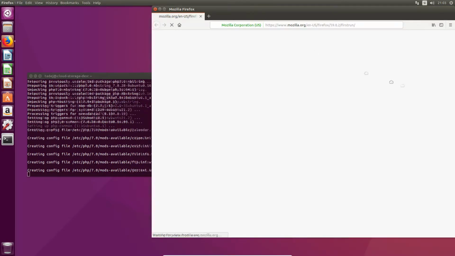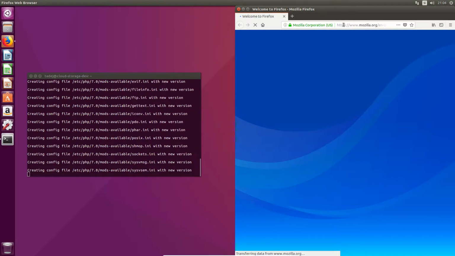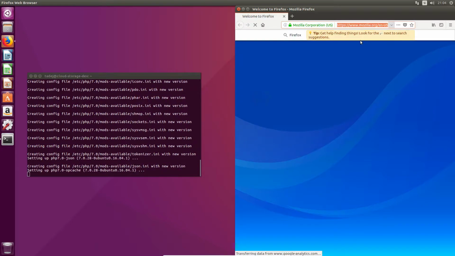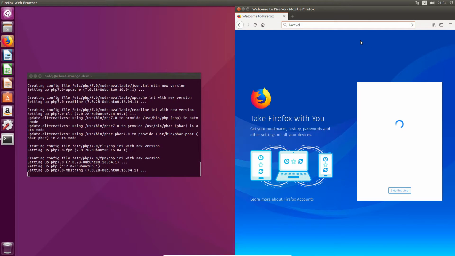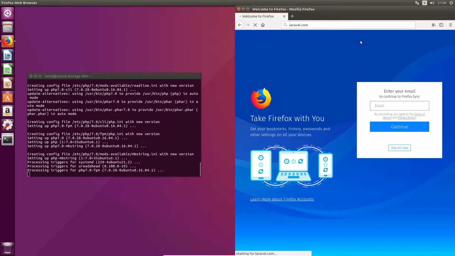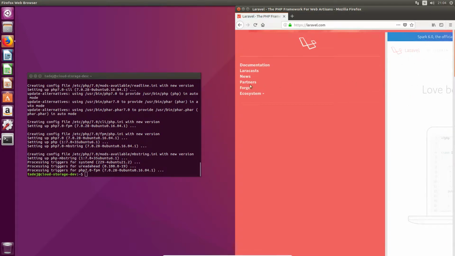Since this isn't scripted, you'll actually see how I go about doing things, because I obviously can't remember everything off the top of my head. So we're gonna go to laravel.com. This is the PHP framework we're gonna be using, and we're gonna go here to